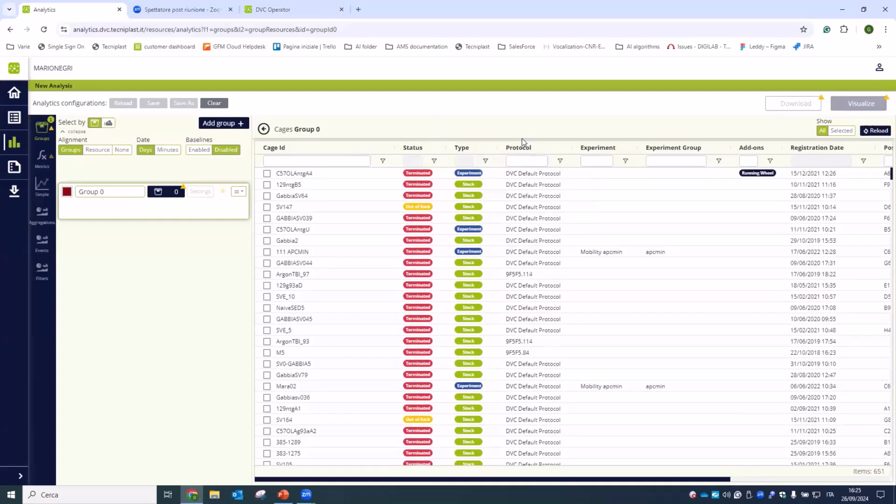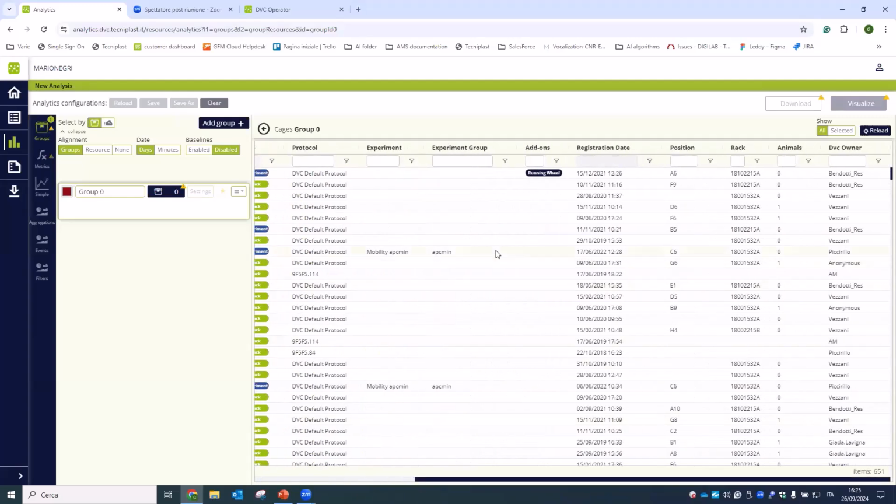In the DVC, you can assign a specific study protocol. By default, it is assigned the DVC default protocol, and so on. If you select an experimental cage, you can also set the experiment ID and the experimental group. This is also very important. If the cage is an experimental cage in the DVC, you can also include add-ons: running wheel, black cages, LED as a lighting system, and this will appear in this big table, and you can filter by cage